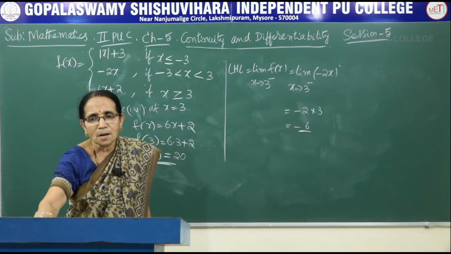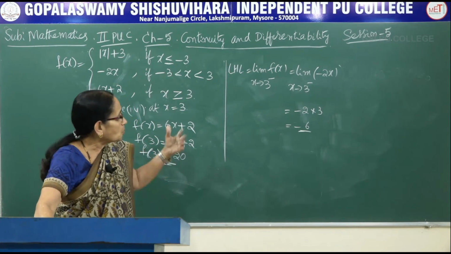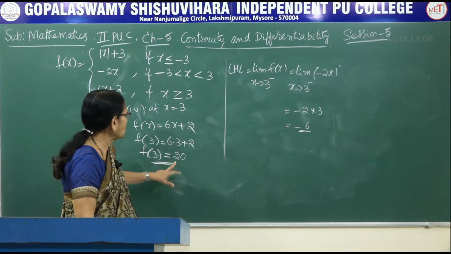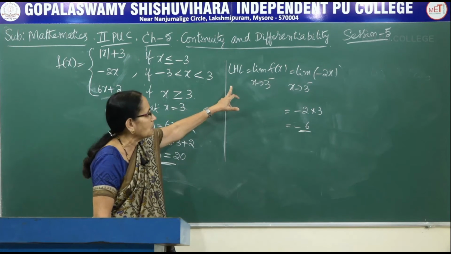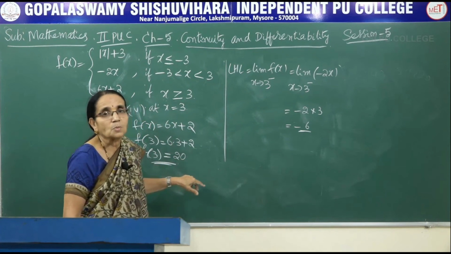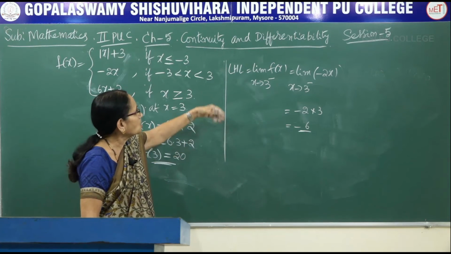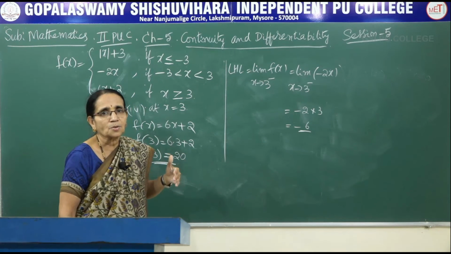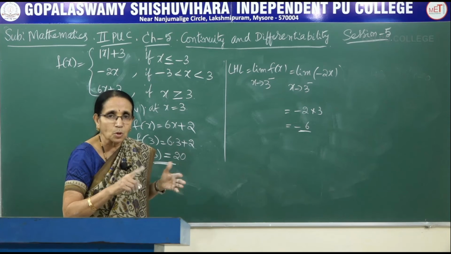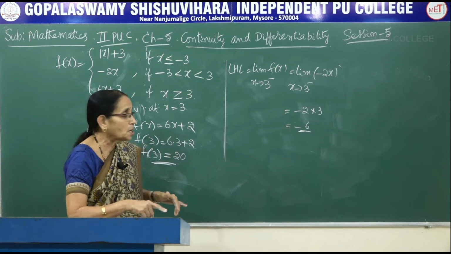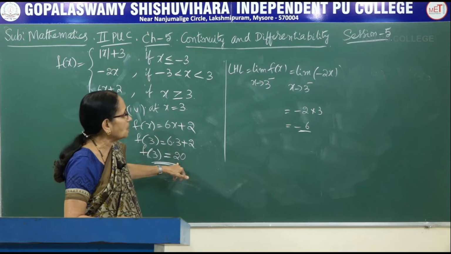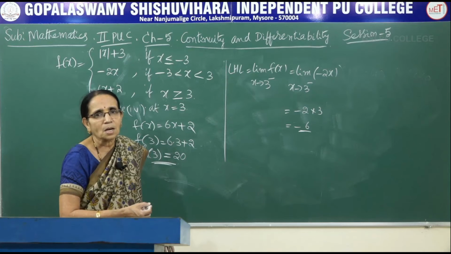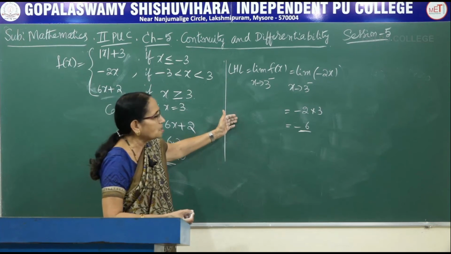Now, is it necessary to proceed? Look here, in one or two of the earlier problems, when we calculated the value and one side limit, they were equal, so we could not come to any conclusion. So we proceeded to get the right hand limit. Now look here, and of course for the function to be continuous, the left hand limit and right hand limit, both of them should be equal to each other and should be equal to the value. See, the value is 20, the left hand limit is minus 6. Here itself we can see that they are not equal to each other. If you want, you can calculate the right hand limit also.